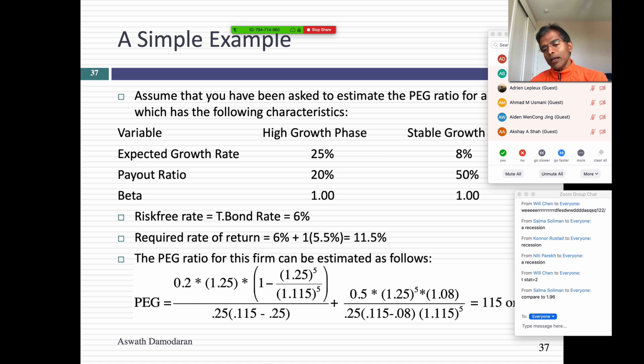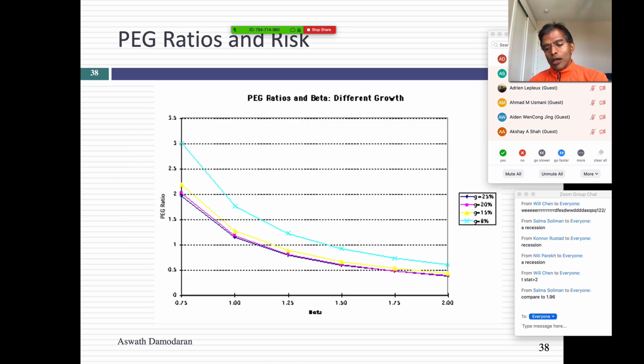But let's go further. Let's ask some what-if questions just like we did with the PE ratio. First ask what will happen to the PEG ratio if, holding all else constant in that example, I raise the risk. No surprises here. Across the board, no matter what growth rate I have for the first 5 years, as my stock gets riskier, its PEG ratio decreases. Riskier stocks will have lower PEG ratios than safer stocks. Put simply, if I compare the PEG ratio for tech companies, it should be lower than the PEG ratio for the S&P 500. Not because tech companies are cheap, but because they're riskier.